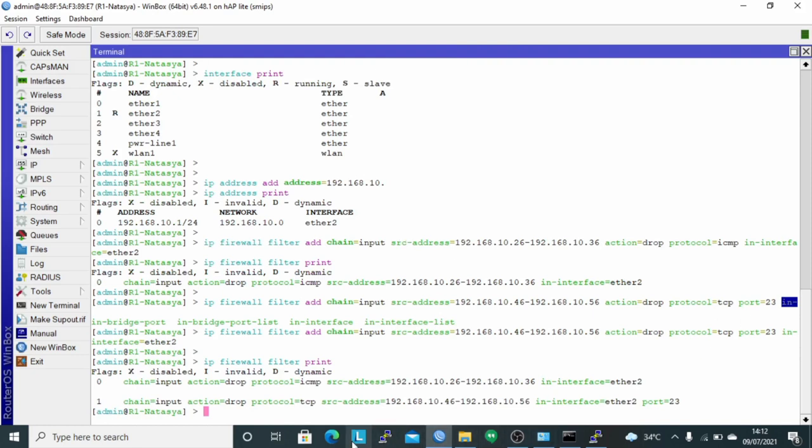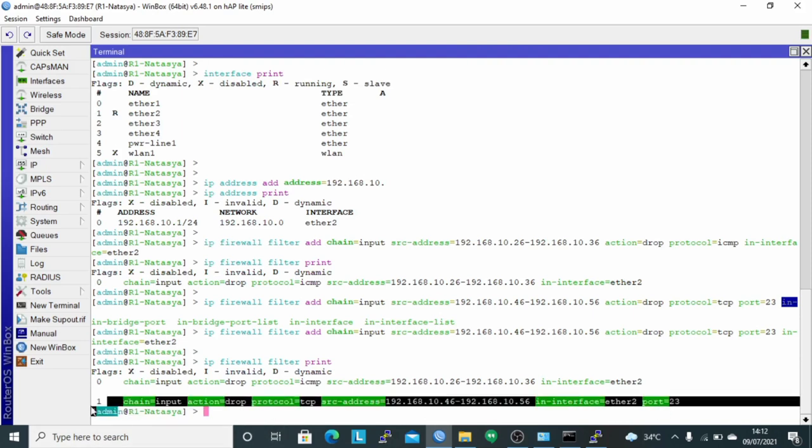It can be seen that the new filter rule has been successfully added.